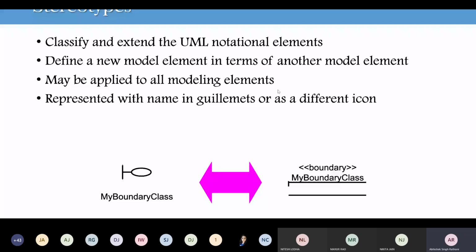We'll start with some problem statement, and we'll go for the iterative incremental approach and unified process. Till then you are comfortable with the waterfall model or the spiral model that you learned in the previous classes. We'll go for the iterative incremental approach, and how we'll go iteratively and incrementally.